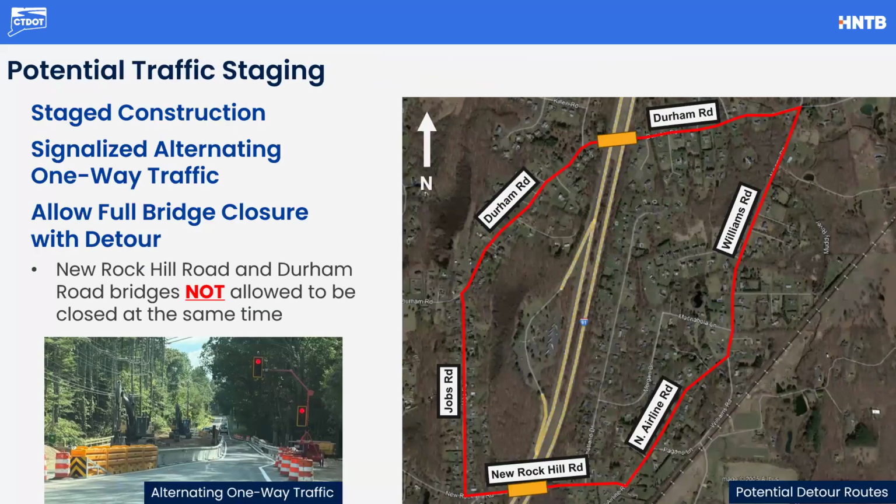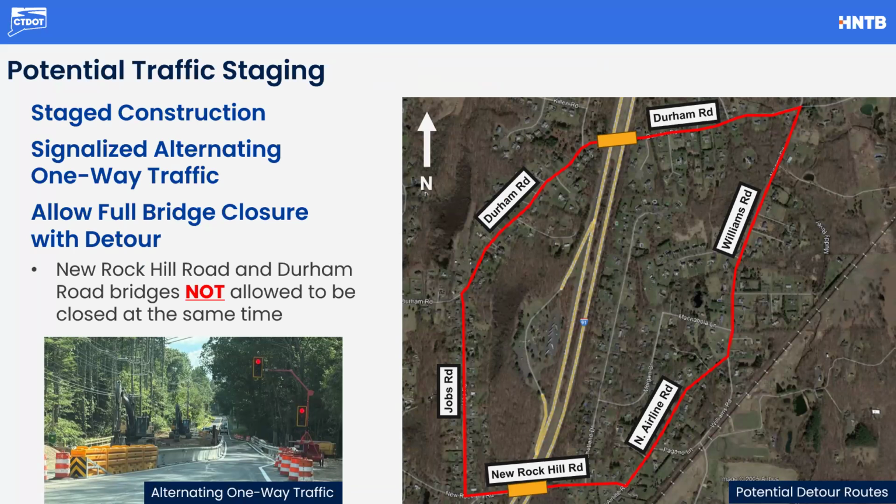The other options for staging would look similar to this, where we could have a stage construction similar to East Center Street, or going to something like a signalized alternating one-way traffic. That sounds kind of confusing, but we have a picture here down on the bottom that was taken in Massachusetts recently. And it would have one lane going at a time, taking turns going over the bridge with a temporary